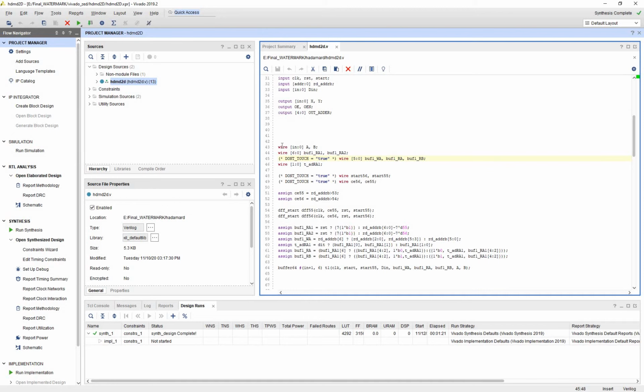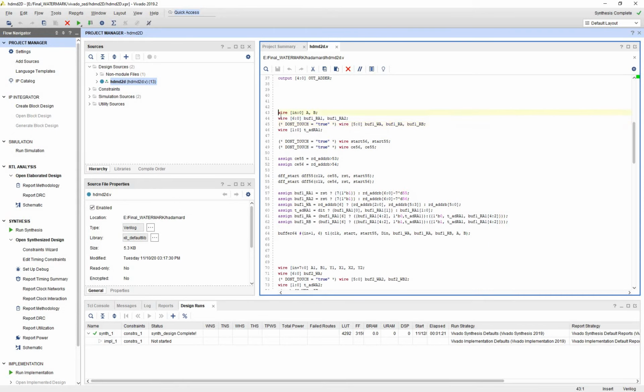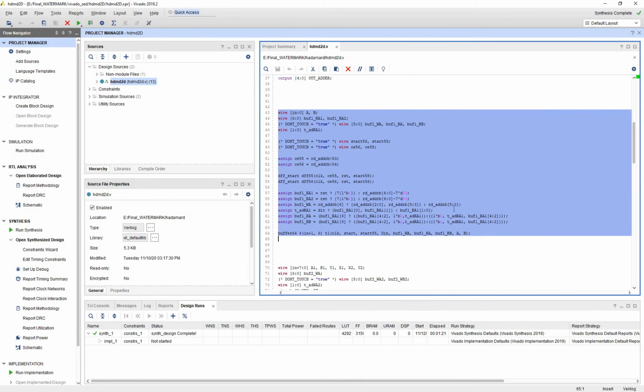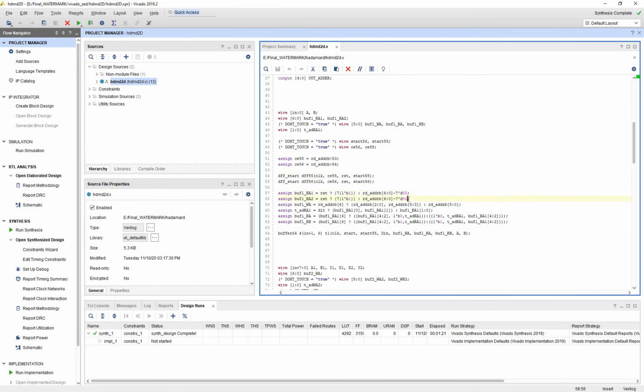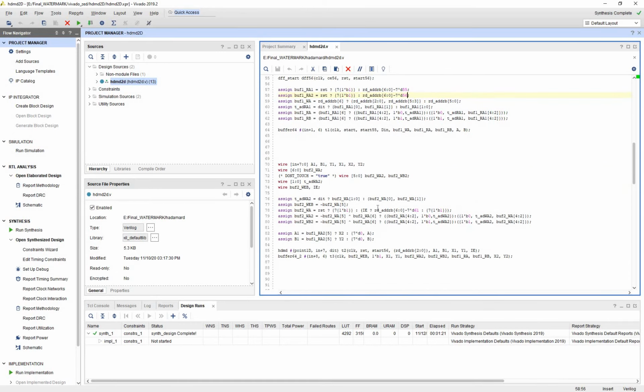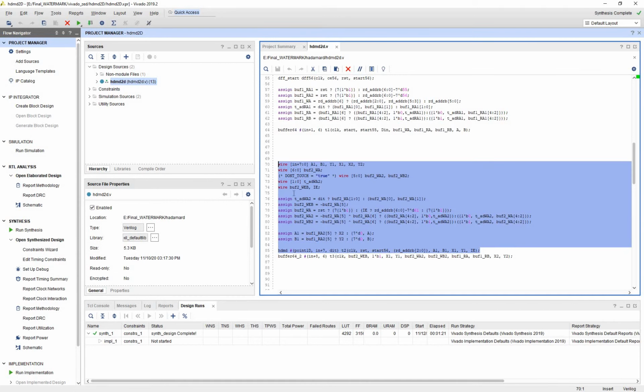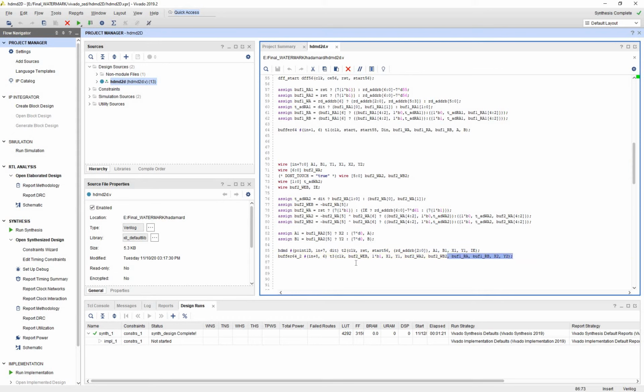So for this, the buffer 1 signals are generated in this code. Using this, the 56 and 57, all these parameters are generated. Once buffer 1 has stored, we need to go for the 1D Hadamard transform, which can be done in this code. Once the 1D Hadamard transform is completed, it will store the 1D Hadamard coefficients in buffer 2.